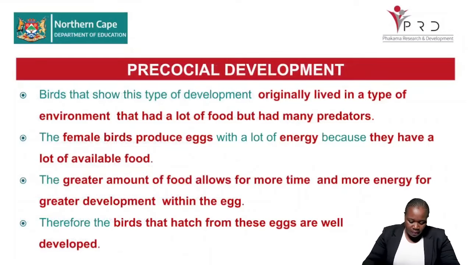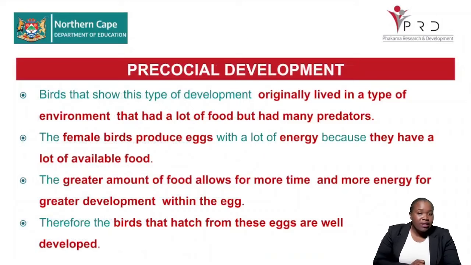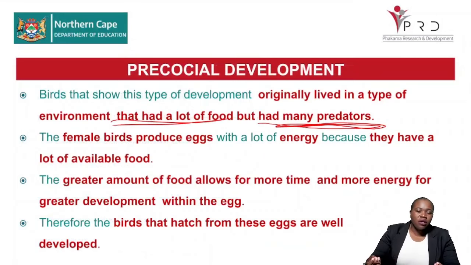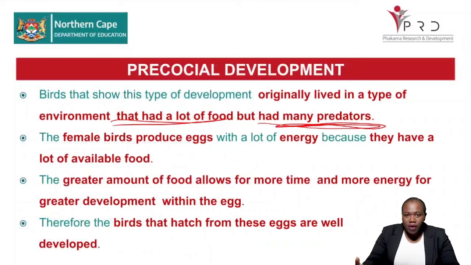Now, in precocial development, we would usually see that there is enough food in this environment. However, there's also a lot of predators in the environment. Now, when we look at the food availability, that is one of the reasons why we end up with a precocial young, because there is enough food, there is enough nutrition, therefore the young would receive enough food during development. However, this is then important for this type of environment, because there are a lot of predators. It means that they will be able to take care of themselves in that environment and be able to